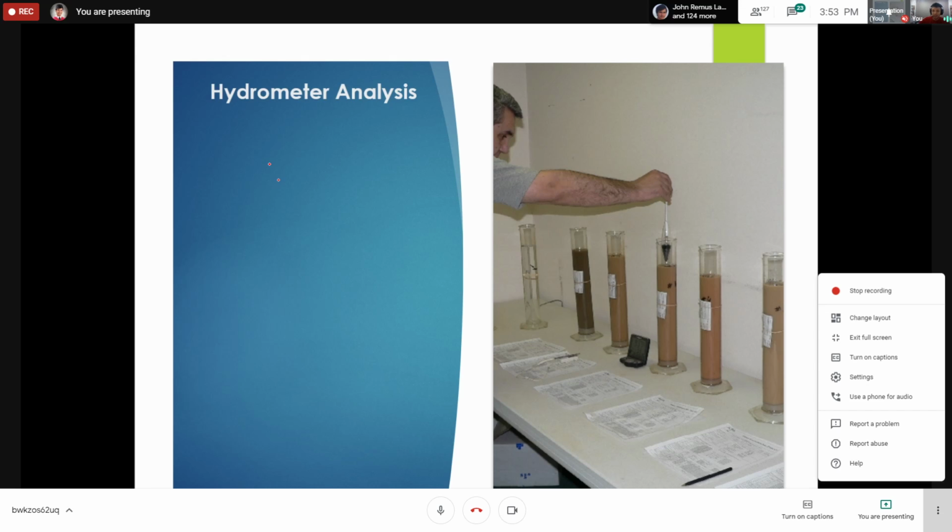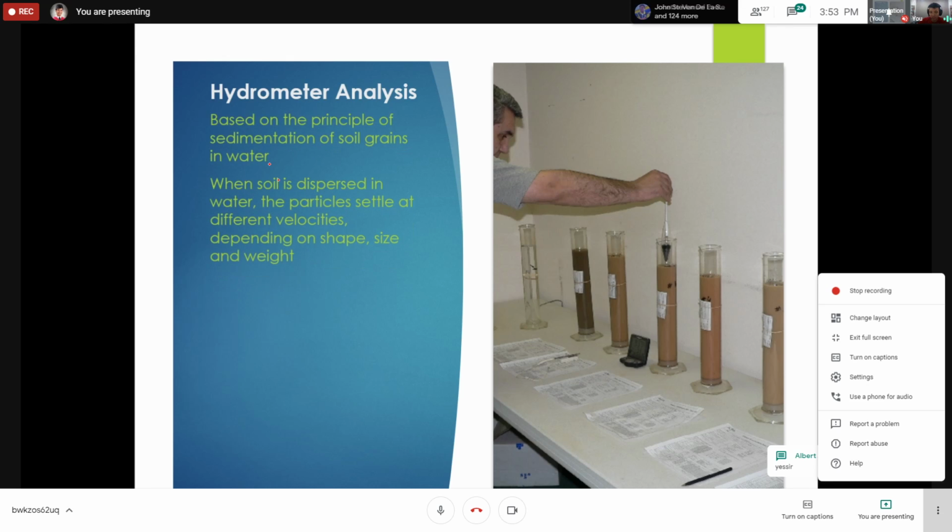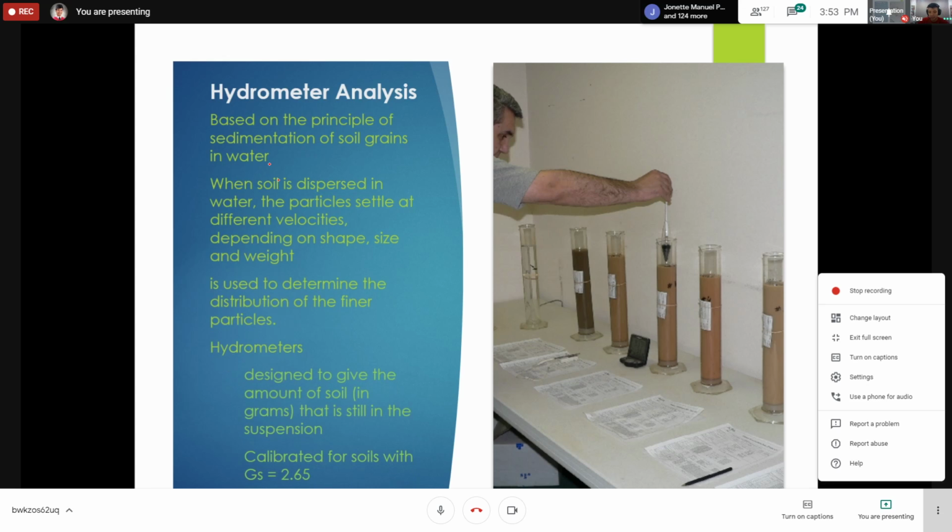Okay, so next is the hydrometer analysis. Again, this one is for fine materials. If you look at the figure on the right side, we'll be using this particular device called the hydrometer. What is it? And this one will determine the